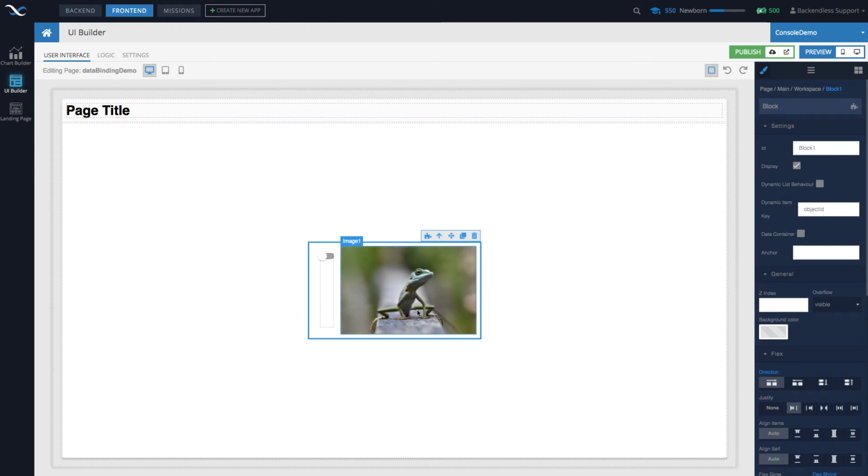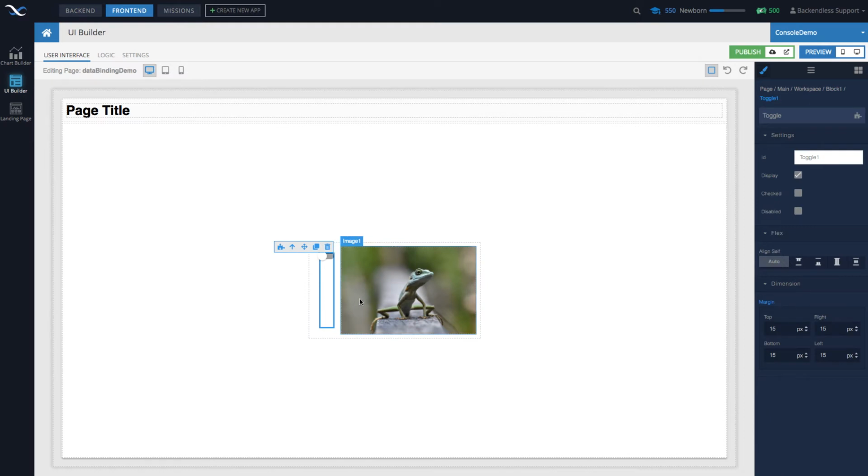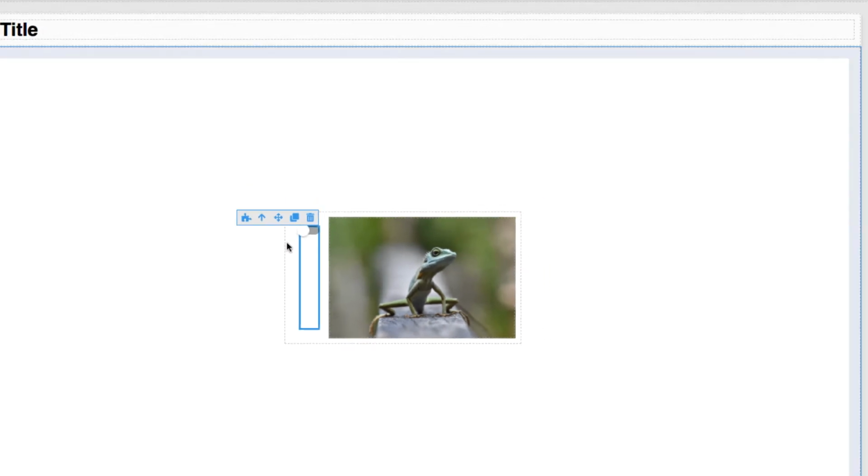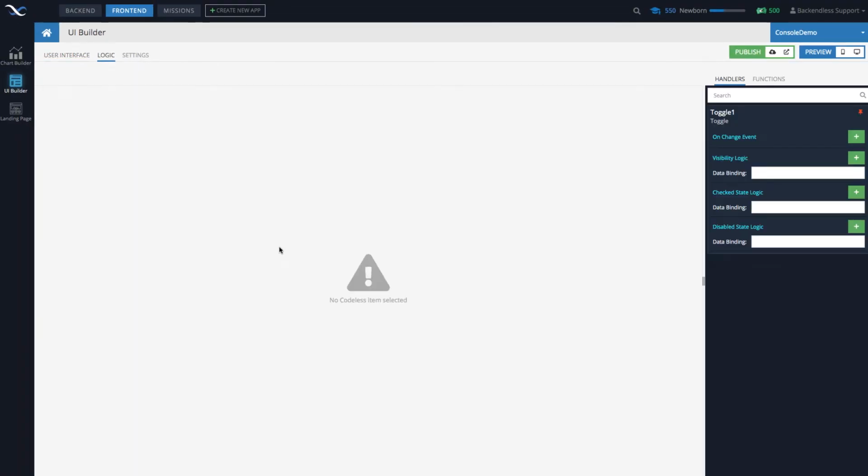It will become clearer in another demo that I will do later today in this video. But for now, let's keep things exactly as they are, just to keep things simple. So for the toggle and the image, or really any other component, whenever you select it and you get this toolbar right here, this icon right here will switch to logic. So select toggle and click on this icon.